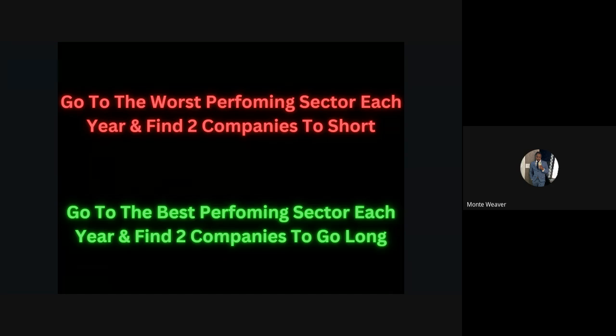The worst performing sector is healthcare. So I will look to short Pfizer and Johnson & Johnson. I would not short Lilly, but I would not be trading Lilly, right? So that's 4 trades for you right there. If I already know that I'm going to be taking 20 to 30 trades in a year, I already have 4 right there, just based off of the top performing sector and the worst performing sector. That's 4 trades for you already.